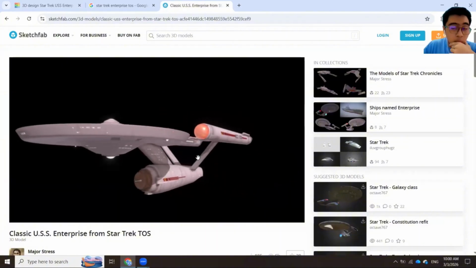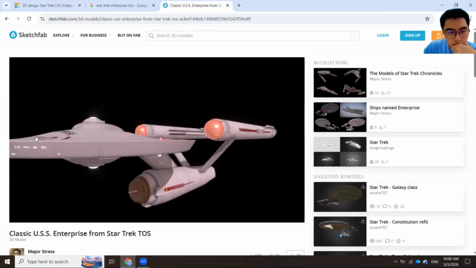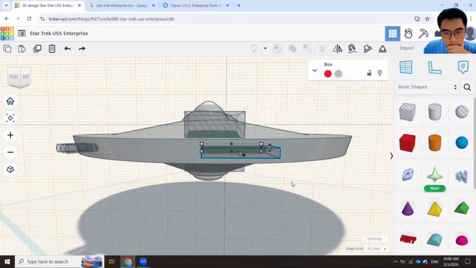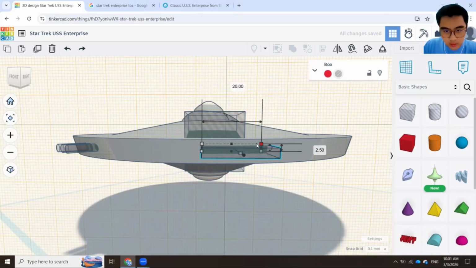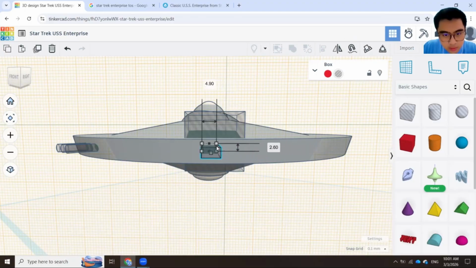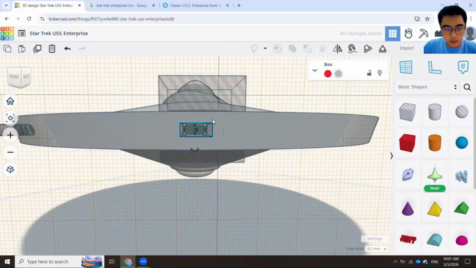Okay. Remember, always review your reference image. Okay, looks like all here, one down. Okay, I think I have to decrease the size a bit while we make it. Decrease its size a bit. 2.3. I think just 2. Oh, yeah, I think 2 is just fine. Okay. Decrease its length. Okay, I think it's 2.3. No, 2 only. Okay. I guess it. Now I can simply just delete this.